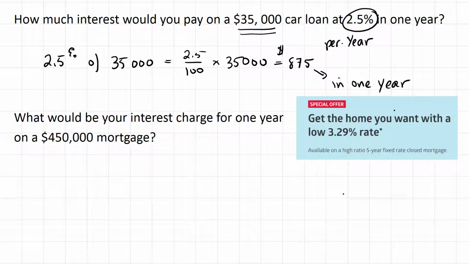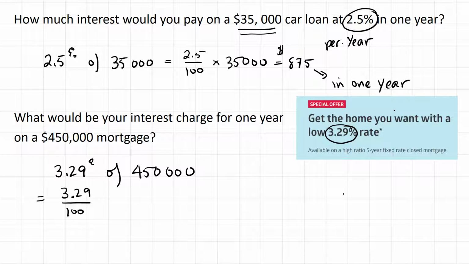So let's try that again. What would your interest charge be for 1 year on a $450,000 mortgage? So what we're really asking is, what is 3.29% of $450,000? So again, we're going to change the percentage into a decimal, of into multiplication, and then pick up our calculator and multiply